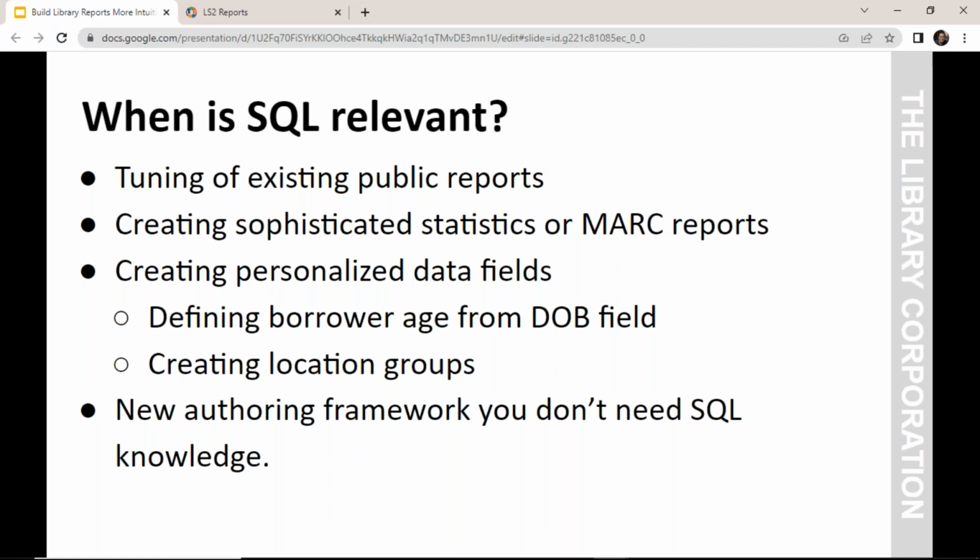But for those who are using authoring today and are used to SQL, is SQL still relevant when it comes to report authoring? The short answer is yes. So for all our existing reports, these reports are still going to be written in SQL. So if you want to modify or tune those public report offerings to meet your needs, you can do so with your knowledge base. But you can also, with framework, create more sophisticated kinds of statistic